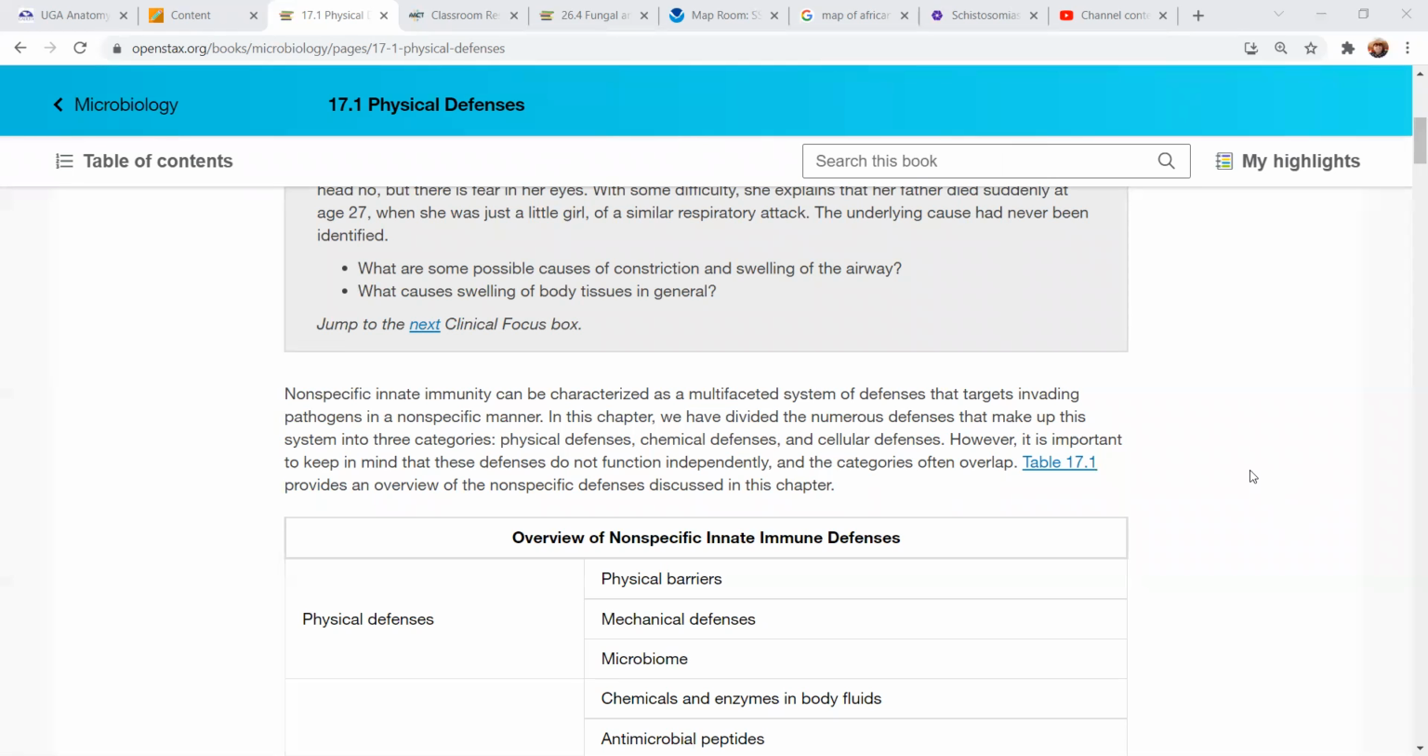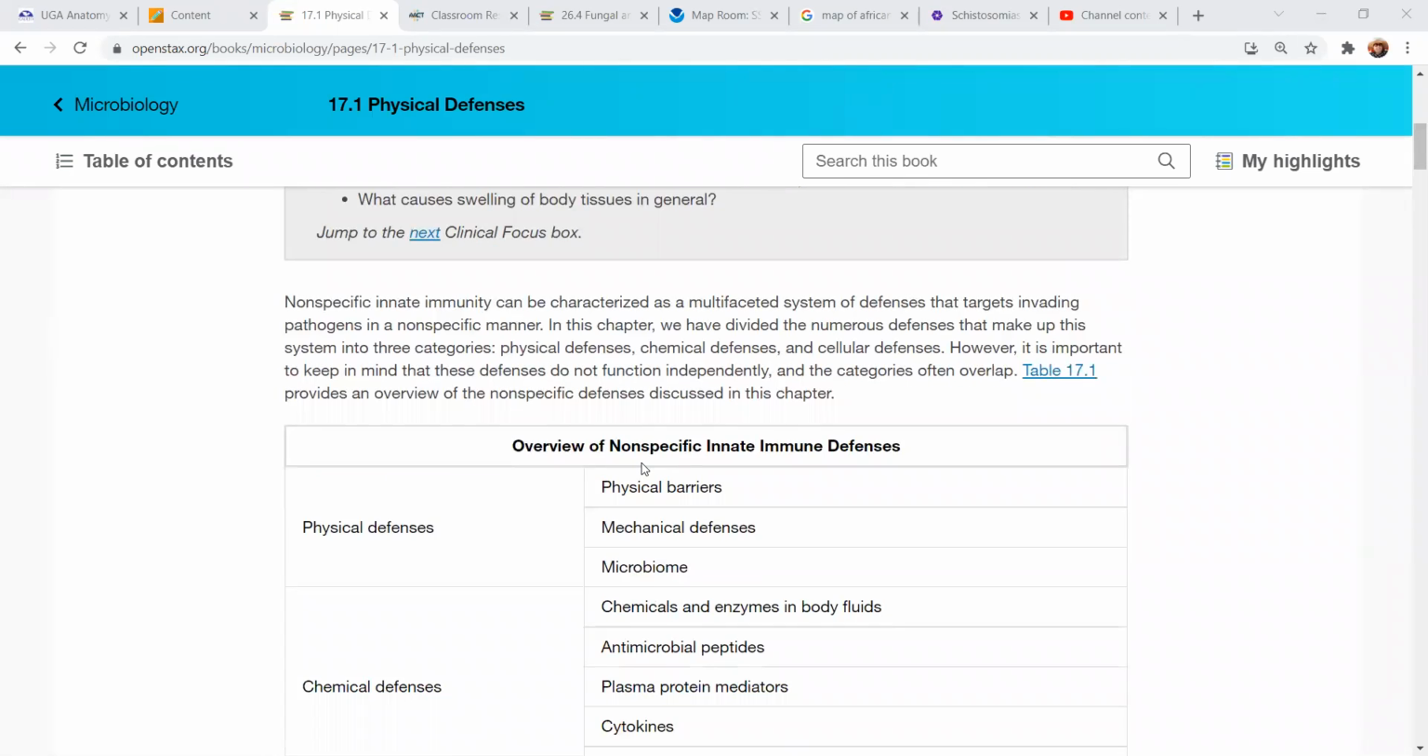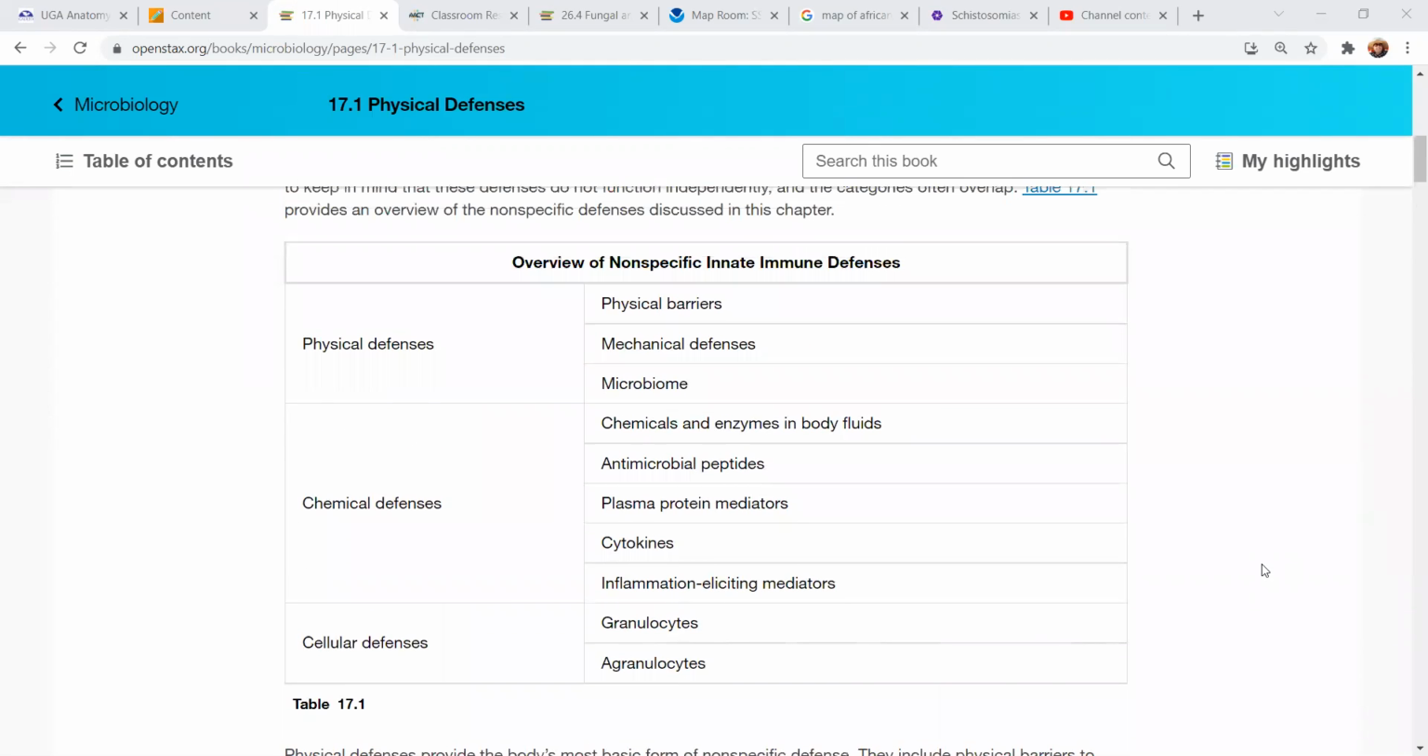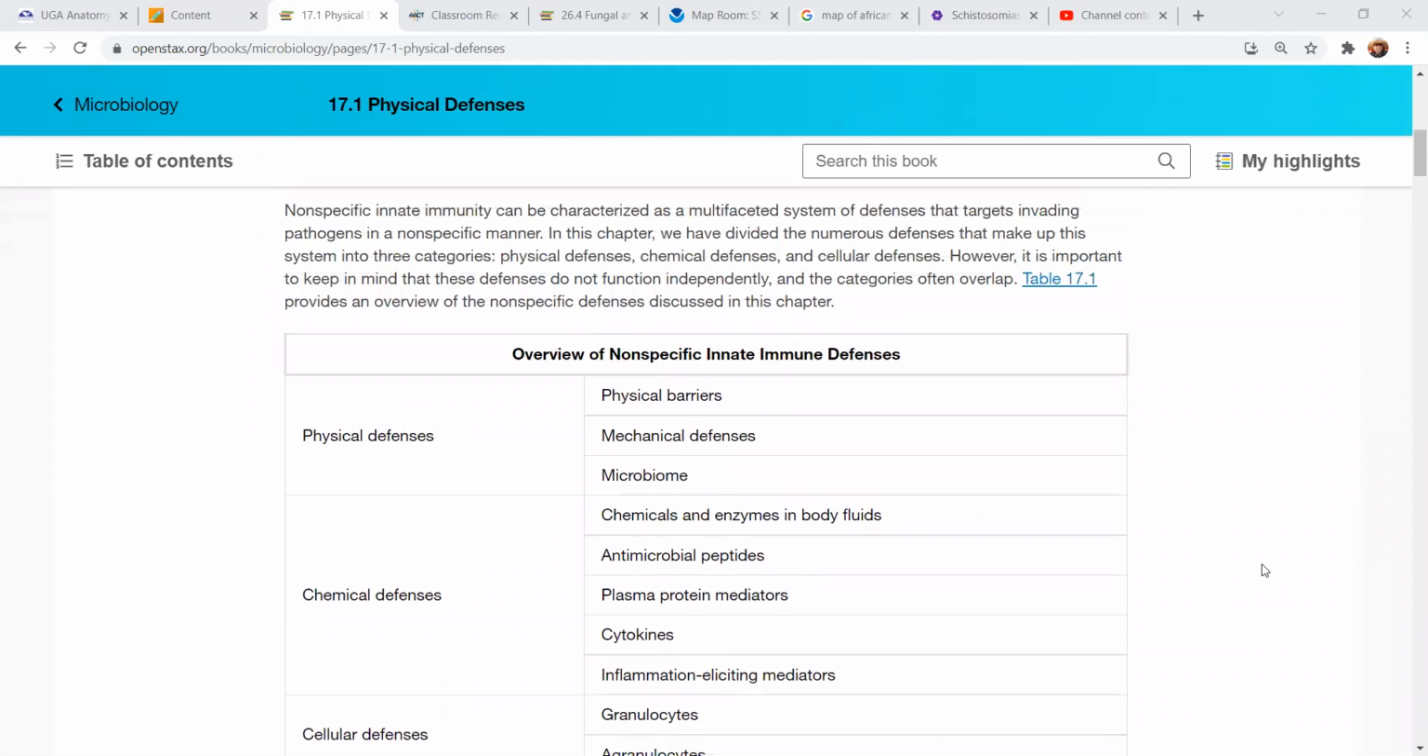These are the non-specific defenses, the physical, chemical, and cellular defenses that the body has in place when we are born. Now, the one thing to note, as we're going to cover these separately in separate sections of the chapter, but they all work together. It takes all of these different types of defenses working together in order to be able to defend us against